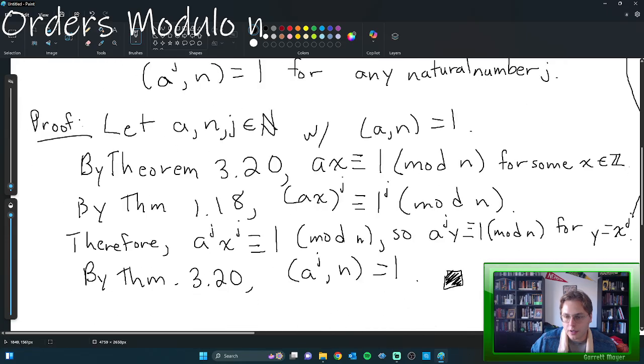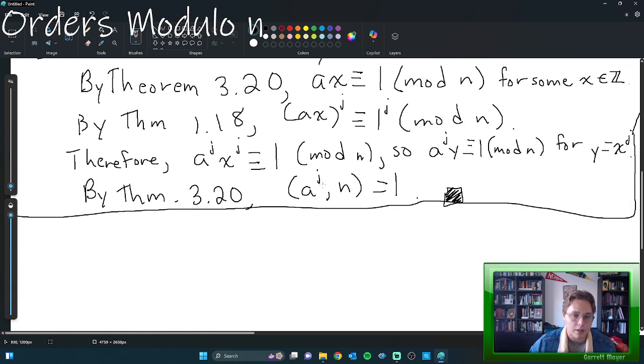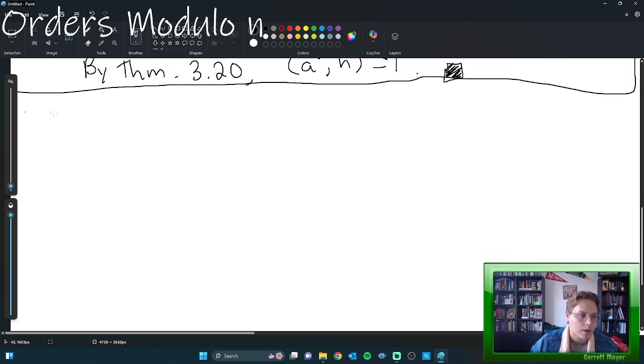So that is that. Basically saying no matter how many times you take a power to something, you're not going to make the GCD not 1. So that's the first theorem. The next theorem that we're going to prove,